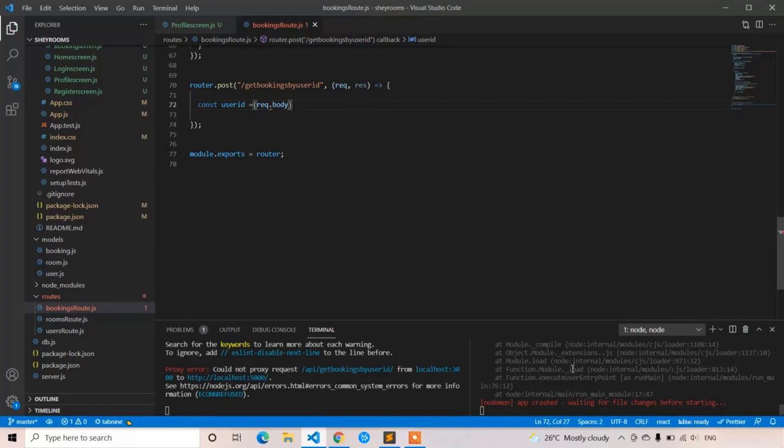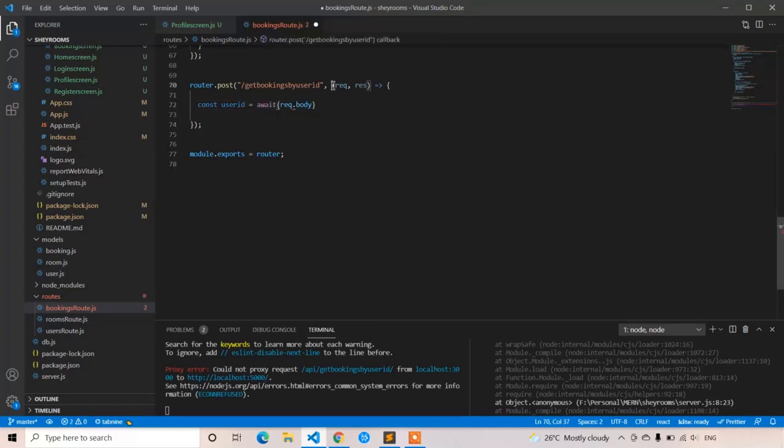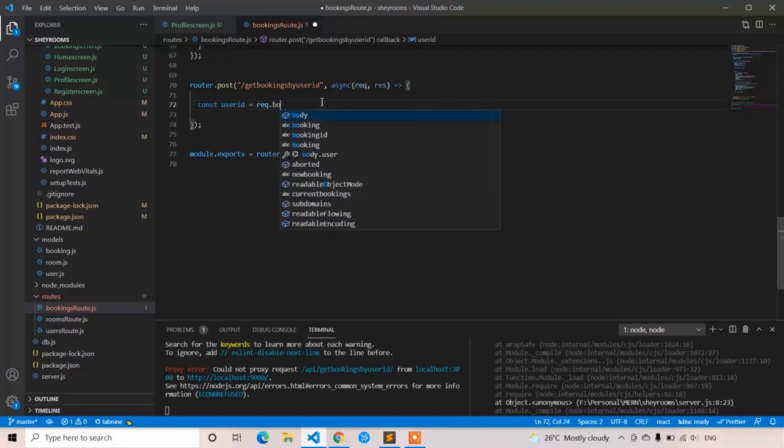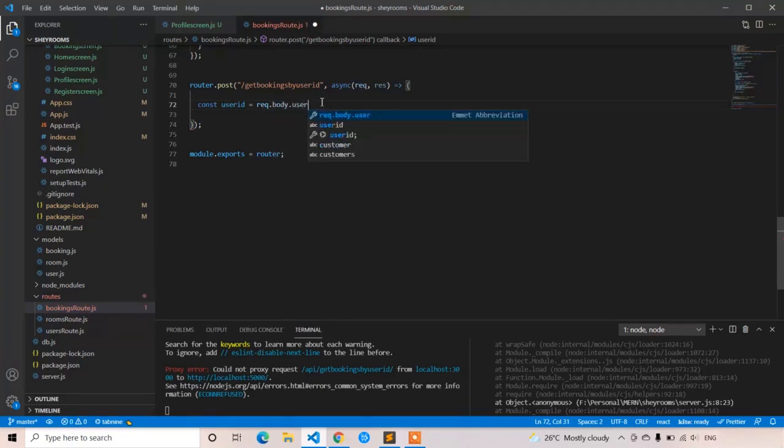What is the error? Unexpected token. The thing is correct only. Async. I will write request.body.userID. Yeah. Now I will write try catch,